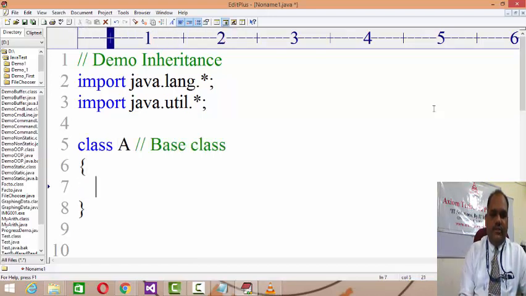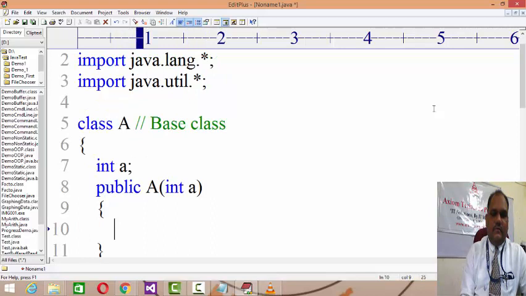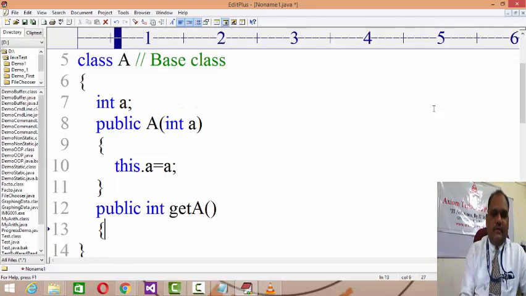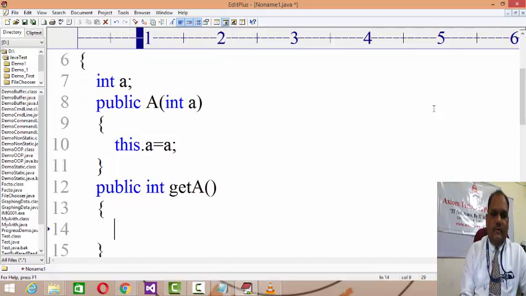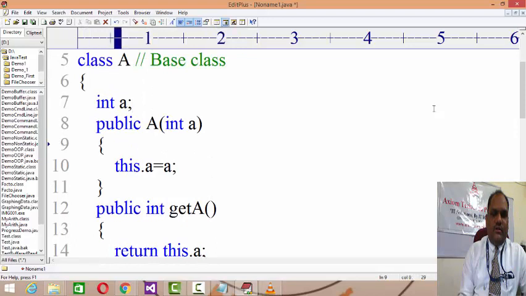Now this base class has a private data member a, a constructor, and this.a = a, and a method public int getA, returning this.a. This is about the base class.